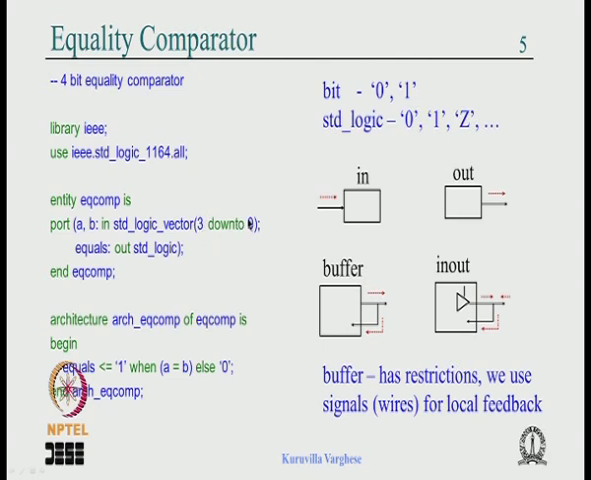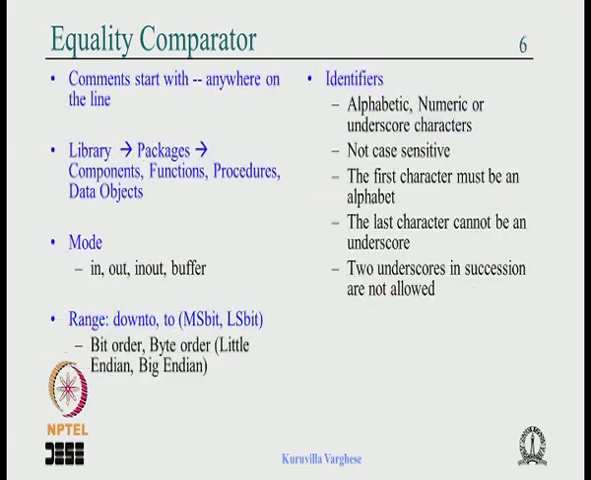This specifies the bit order: MS bit, LS bit, so depending on little endian or big endian you have to use it. This is the assignment operator, this is the equality operator, which says that equal gets 1, and 1 is defined with quotes because in the library it is defined like that, when A is equal to B, else it is 0. So that is a sample example code, and we have looked at all these: the comments,